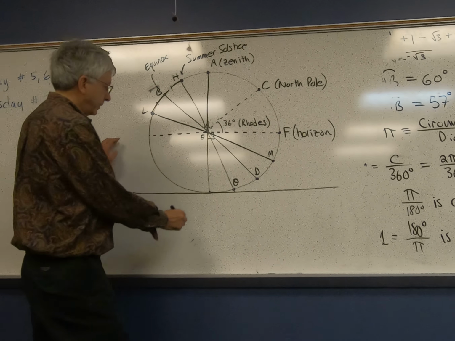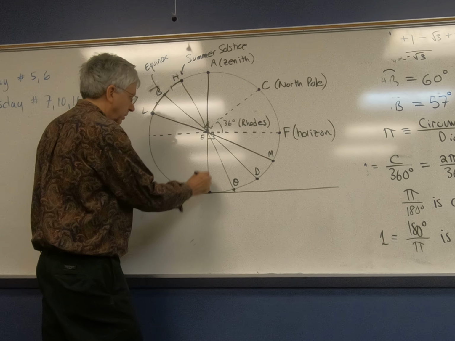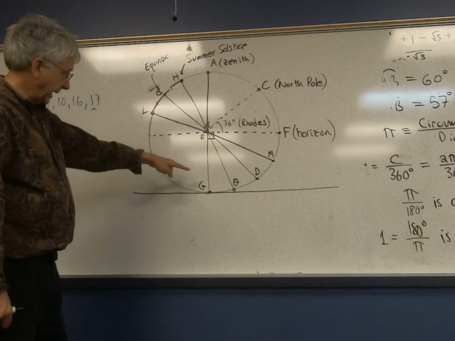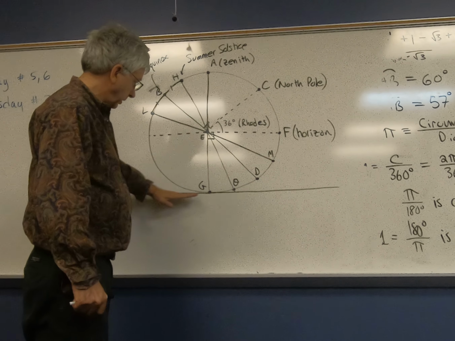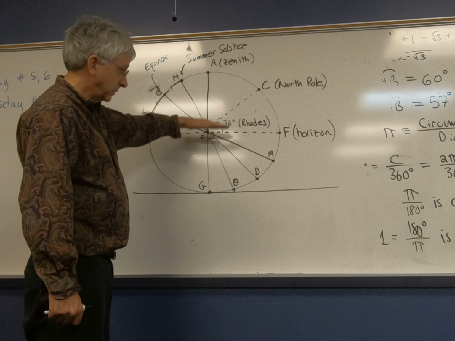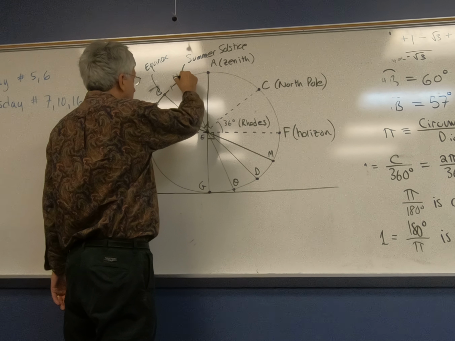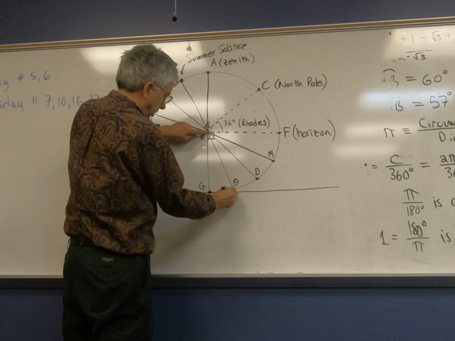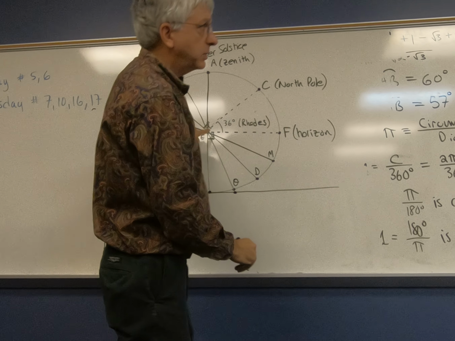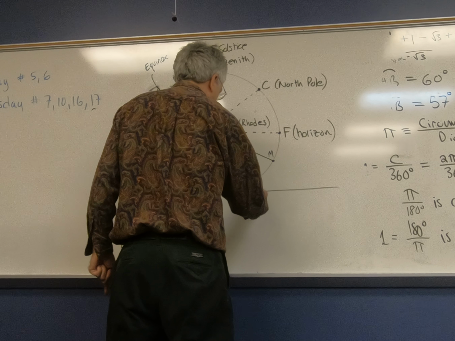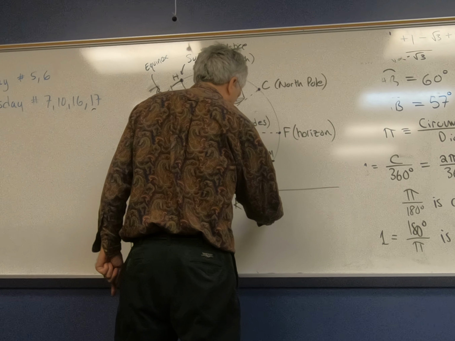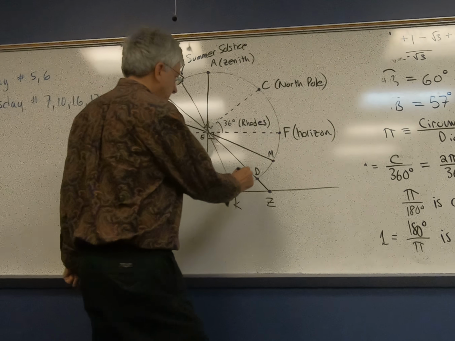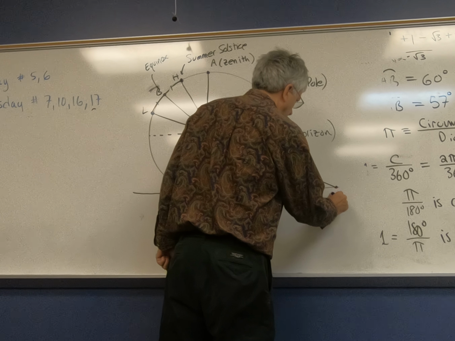Because we're kind of thinking of the gnomon as this length GE here, right? So if you stick a stick in the ground, it's going to be parallel to this line, right? So you can kind of imagine that this is your stick stuck in the ground, which is parallel to the horizon, right? And so if the sun is at the summer solstice, it's going to shine on this stick and make this shadow here, which is GK, is it? Yeah. If we then extend this line, we'll see that that's the shadow of the equinox. And if we extend this line here to N, is it? Yes. Okay, that's